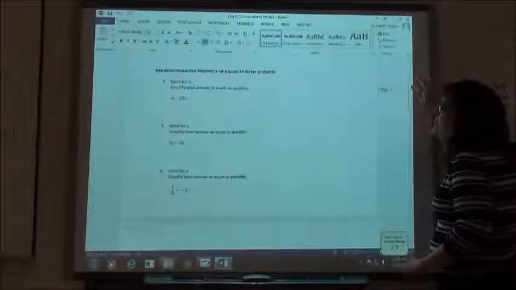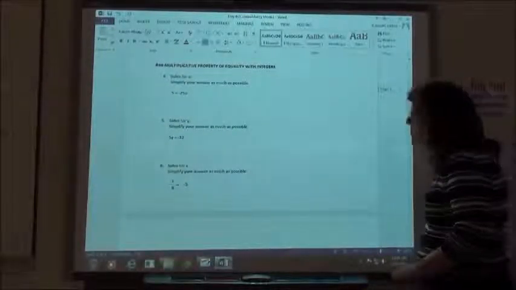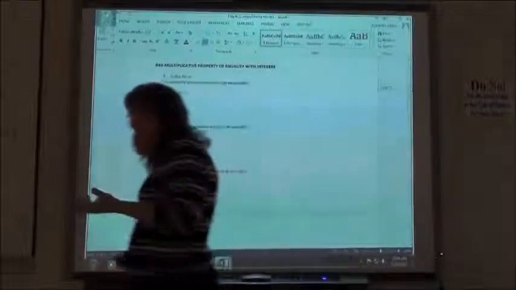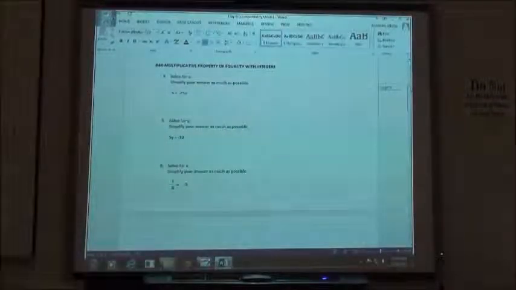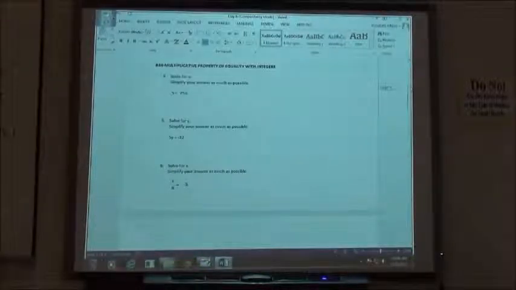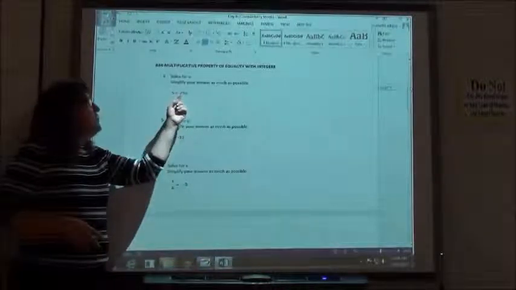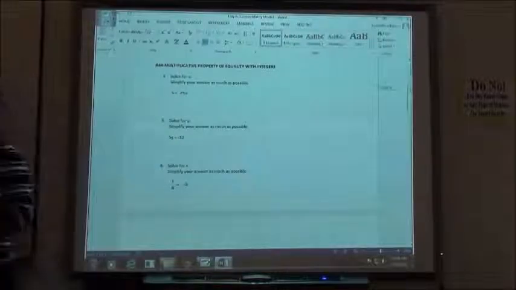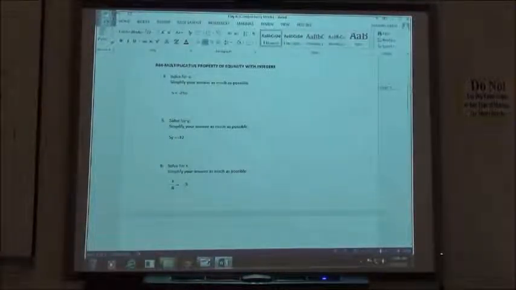The next ones are the multiplicative property of equality with inverse, and they group multiplying and dividing together. But basically, again, you're doing the opposite of what's next to the variable. If I have negative 25u, it means negative 25 times u. To get rid of multiplying, you're going to divide. Now the sign's not going to change,